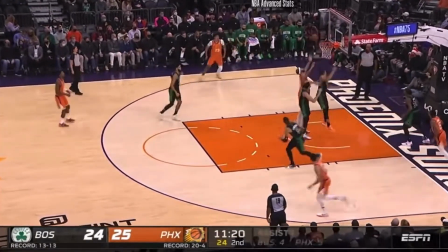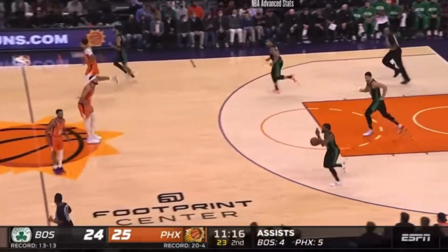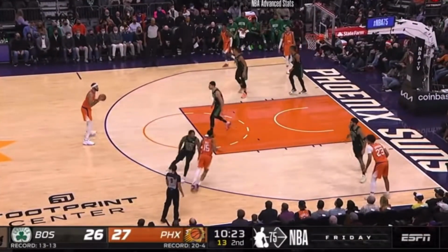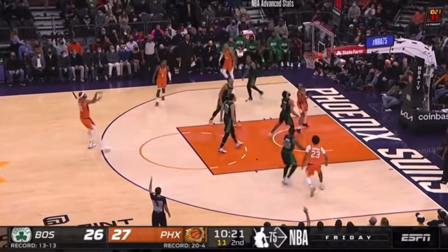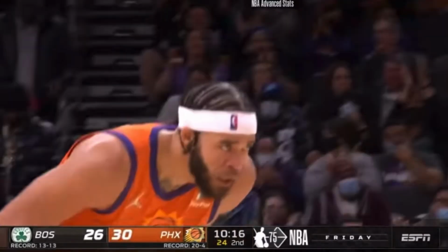Since JaVale McGee has come into the league, he's got a lot better at doing that, and I see him doing that with the Phoenix Suns. And he's a really great lob threat, and he's good at running the floor, good at opening up transition opportunities for the Phoenix Suns, and he's been a very solid pickup for the Phoenix Suns this year,